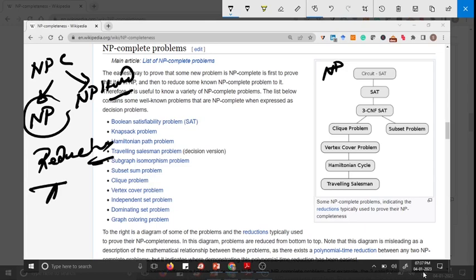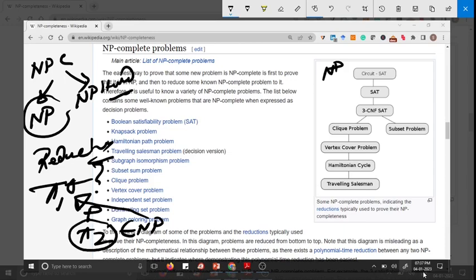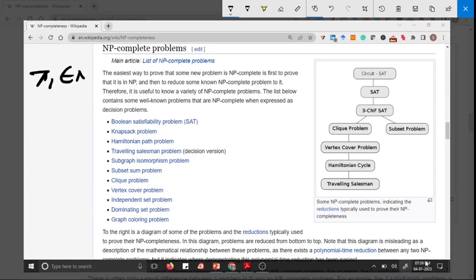Let's say I have given you a problem pi 1, which I am asking whether it is NP complete or not. How to do that? You have to take another problem pi 2, which you already know is in NP. You have to reduce this problem in polynomial time. If you can reduce, that means one program is available with you, which solution is available, and I have given it to crack another problem where you are using the given program, and that happens in polynomial time. Once again, pi 1, which is in set NP, should be polynomial reducible to pi 2. If this is the case, then I will call pi 2 NP hard.